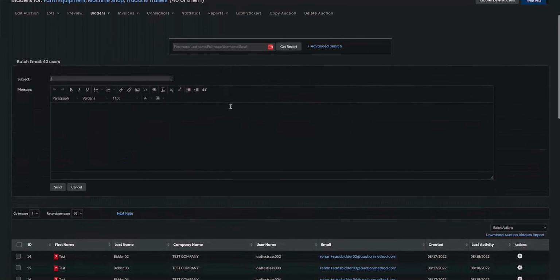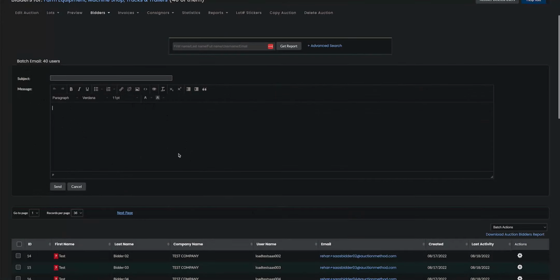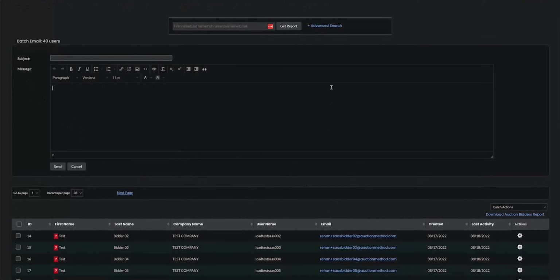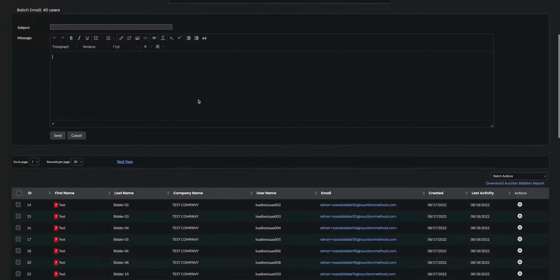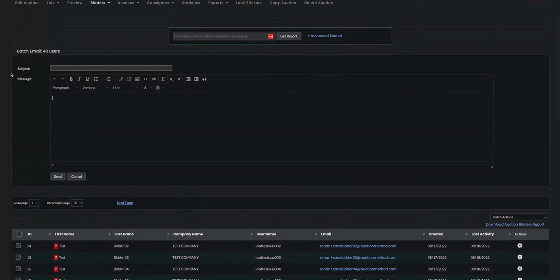So this at the very top is just the very simple email. This is obviously a batch email, so you'll type all your information in here once and it'll be sent to all the bidders that have interacted with this auction. Starting off with the very first thing we have is the subject. And then you have the message, and this uses our regular